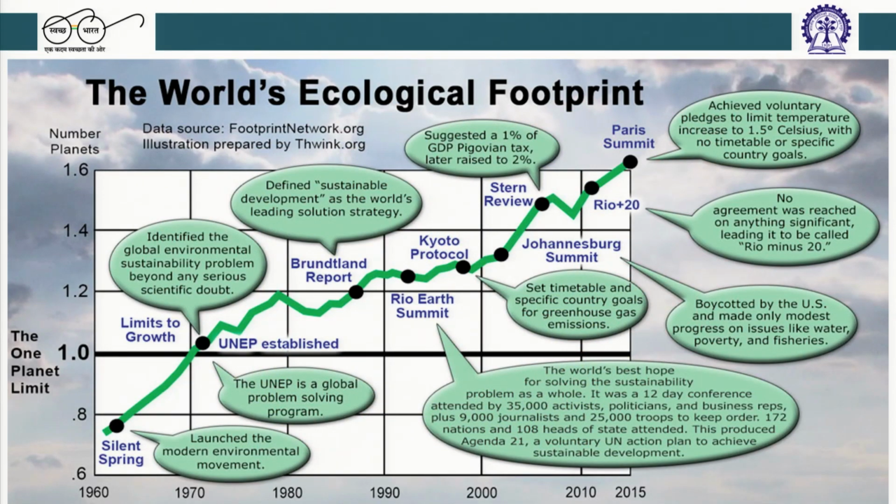So if you look at again, which we were talking about earlier, the one planet limit: we have only one planet. This is again a different estimate, so this number is slightly different than the previous slide that you saw. In the previous slide, if you remember, we were close to around the 1980s when we thought we were crossing that limit, but here it leads to